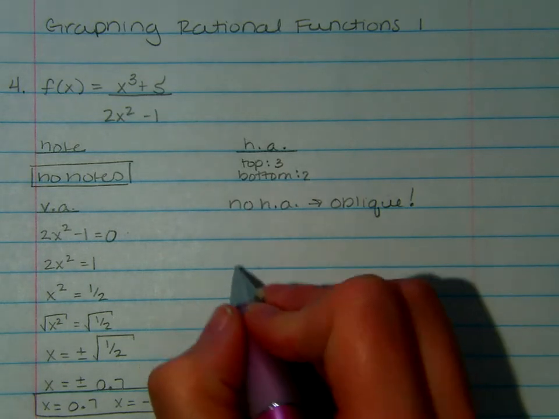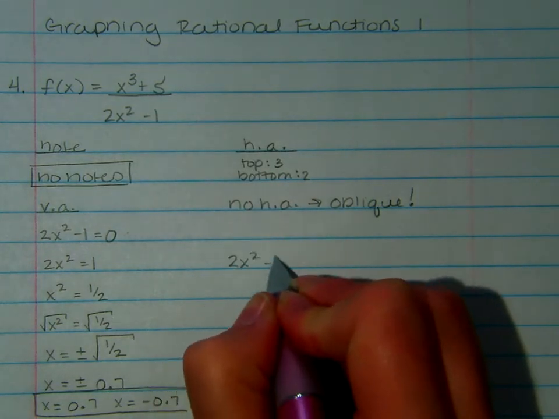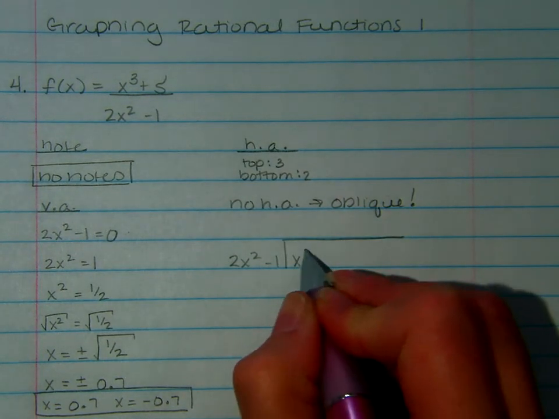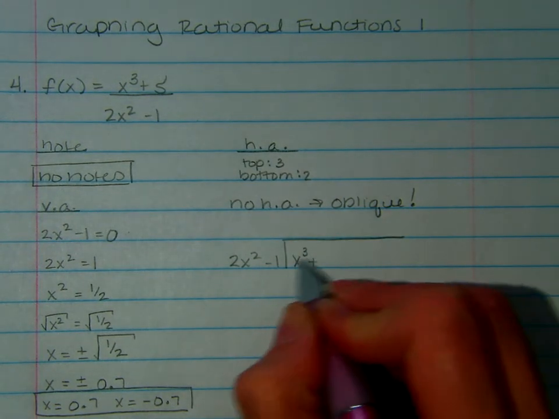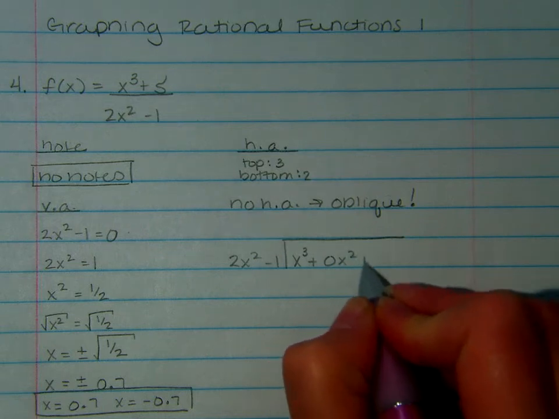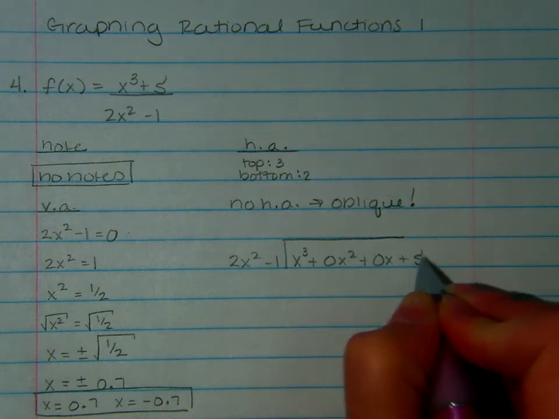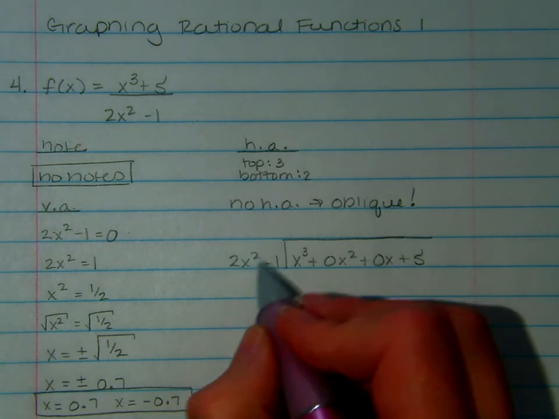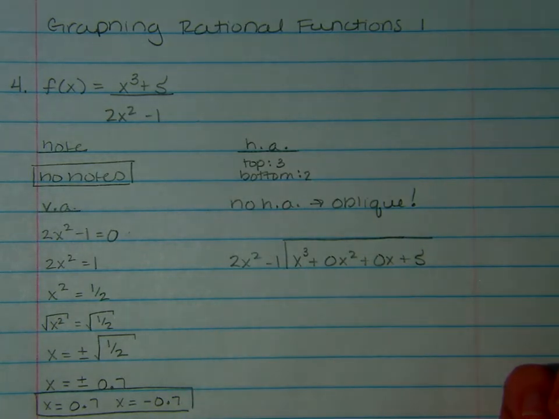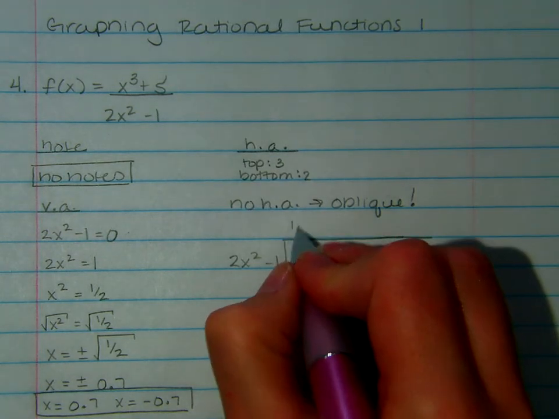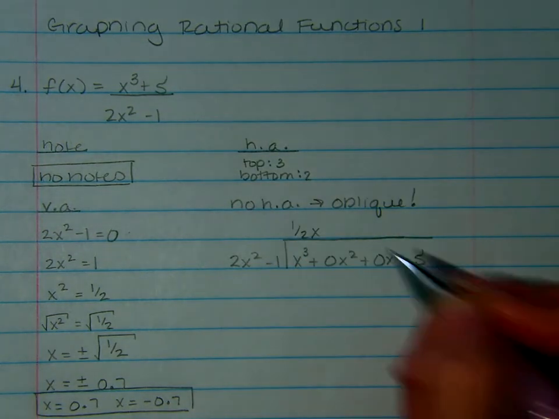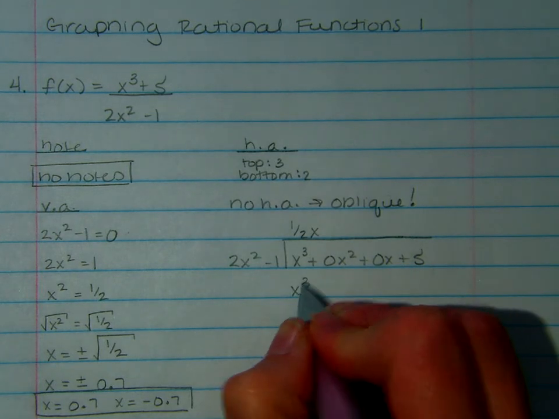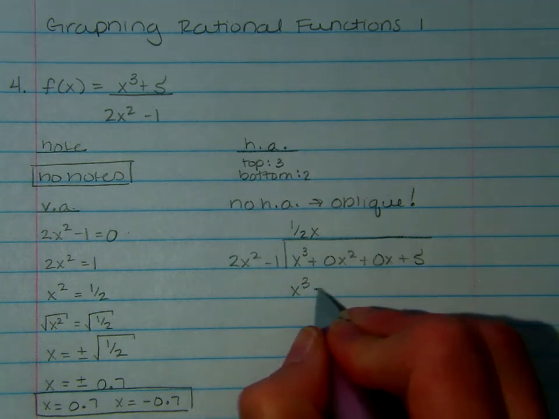So I'm going to use 2x squared minus 1, and I'm going to put the x cubed on the inside of the house. Remember that you need placeholders, so it's x cubed plus 0x squared plus 0x plus 5. Got to have those placeholders, okay? And then I ask, all right, what can I multiply by 2x squared to give me x cubed? And the answer is 1/2 x. 1/2 x times 2x squared is just x cubed. 1/2 x times negative 1 is negative 1/2